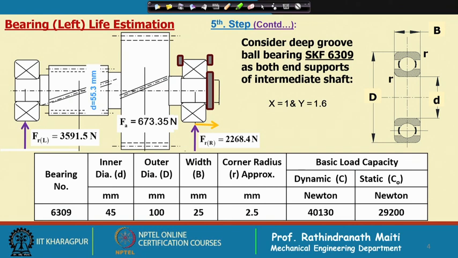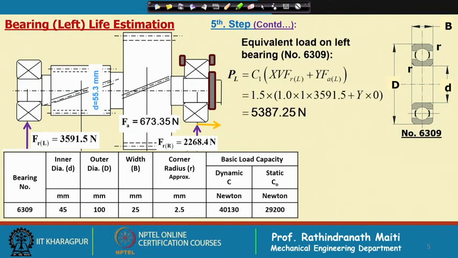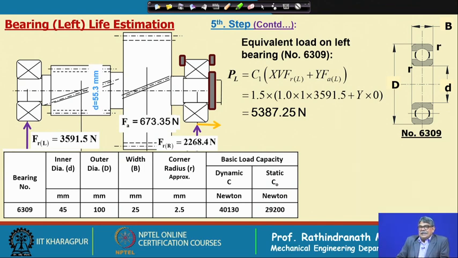X factor is with the radial load and Y factor is with the axial load acting on the bearing. Next, we shall find out the equivalent load on left bearing. Now, equivalent load P_L is given by, sometimes it is written P also, P_L. In that case, we have considered the left bearing, that is why we have given P_L